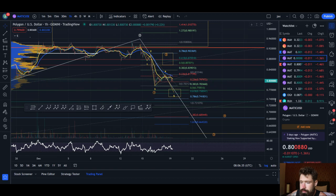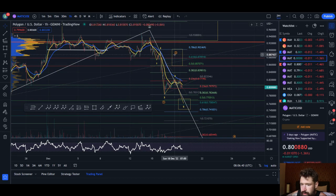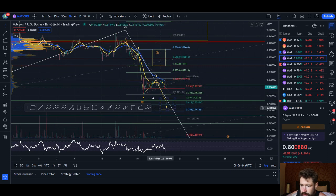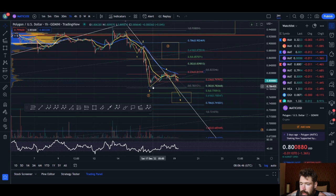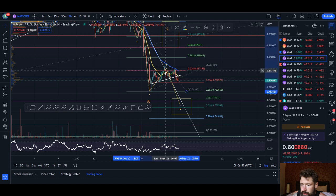So we're looking for a wave 5 for Matic. We talked about the potential of pushing up from here in a wave 2, but I did say that my primary expectation was still looking for a wave 5. And as you can see, it looks like we have a little bit of a head and shoulders pattern. If you take a measurement of the neckline, we already broke the neckline, retested it. So the technical target would take you down